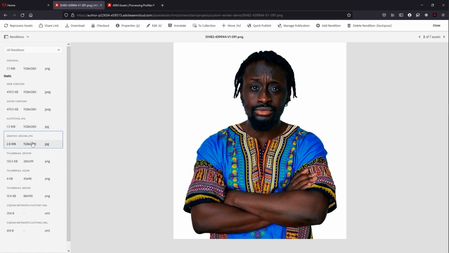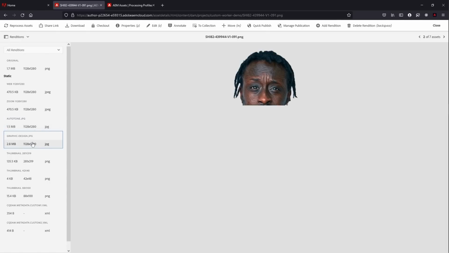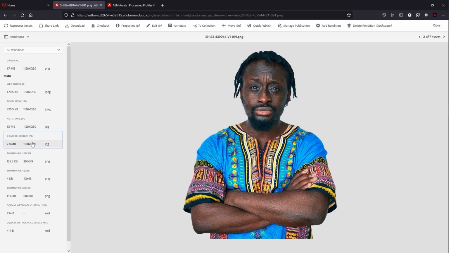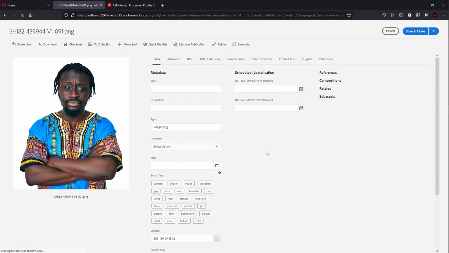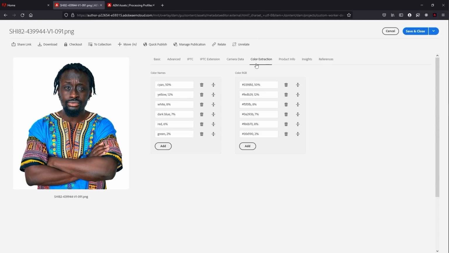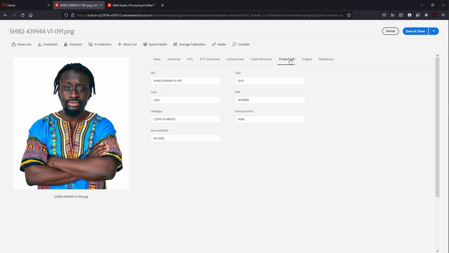And then graphic design. Well, that's fun. And then now let's look at the properties and make sure it brought in the other metadata. So we have color extraction. Excellent. And then we have product info. And again, the product info came from the PLM system and was added to the metadata of this image.